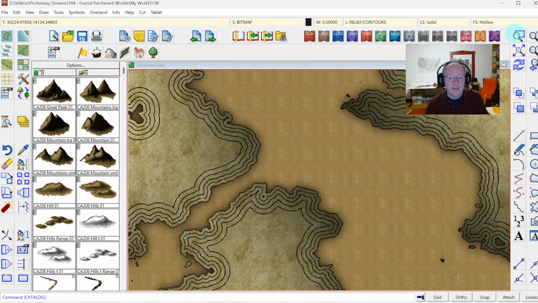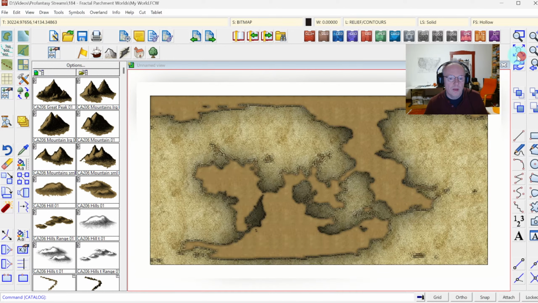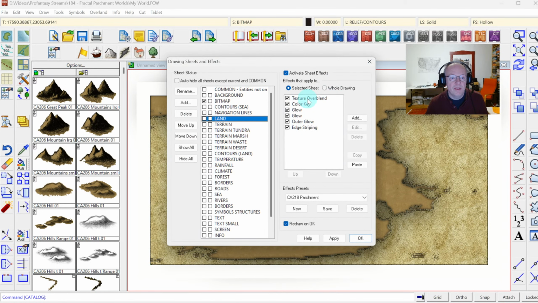You could also switch the textures around if you wanted to. For example, if I say I want the textures changed, I can go in and have a look here. The land has the texture overblend. Or first off, let me explain the texture overblend here. Basically,